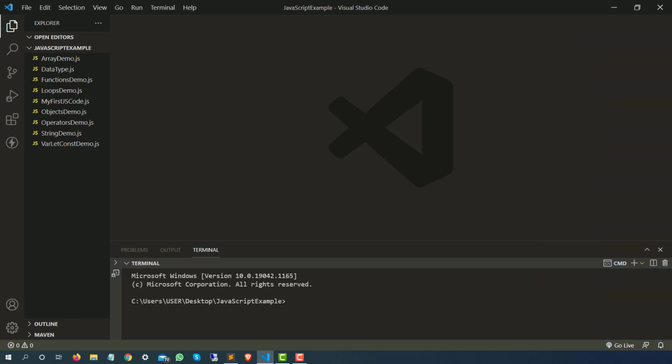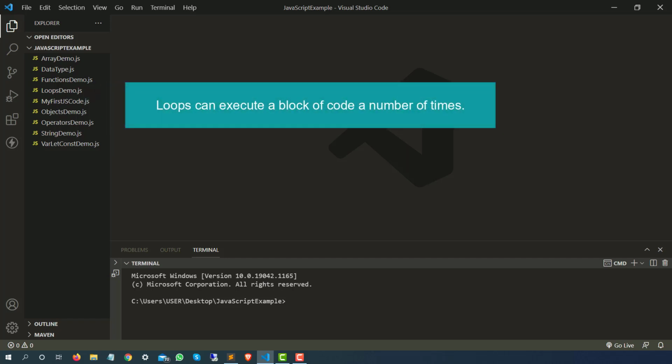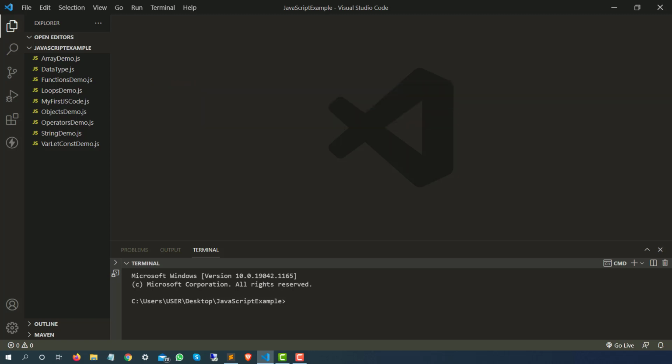Before we start this video, let's talk about what exactly a loop is. Not only in JavaScript, in any programming language you take, a loop is nothing but a set of statements, or I will say a block of code, that will get executed a number of times, depending on what condition you are giving. Or in a more simple way, I would say anything which is repeated in nature, you can keep